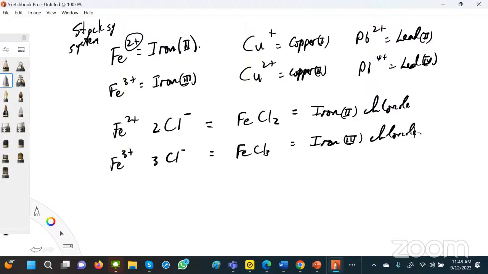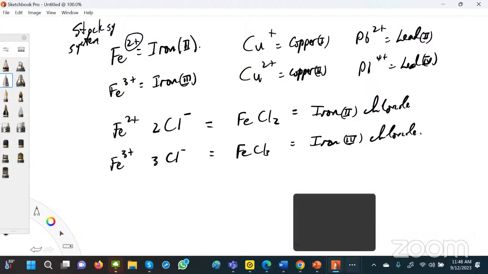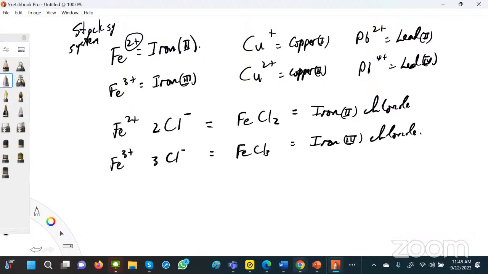Take sodium, for example. You don't say sodium(I) chloride, it's simply sodium chloride, because sodium cannot form any other ion except the one with the +1 charge. Another example would be magnesium. You wouldn't say magnesium(II) oxide. The name would simply be magnesium oxide. Now that I've covered that, if there are no questions about this, let me go to the second part